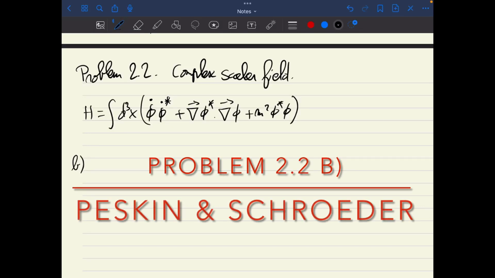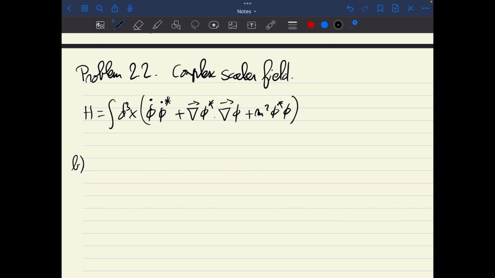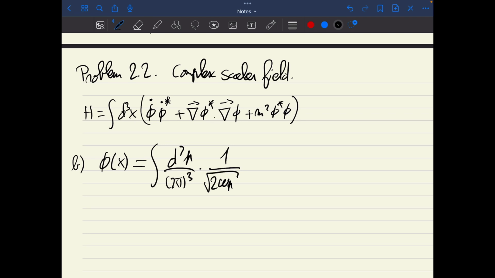So in this part, we want to diagonalize the Hamiltonian of the complex scalar field theory that we have here. And for that, it turns out that the correct way to express the field operator in terms of what I will call creation and annihilation operators A and B is the following. So this is actually the Fourier transform of the field, where omega p, according to Peskin and Schroeder, is just the energy of the field, and so A p here